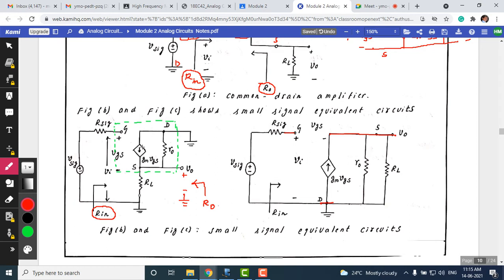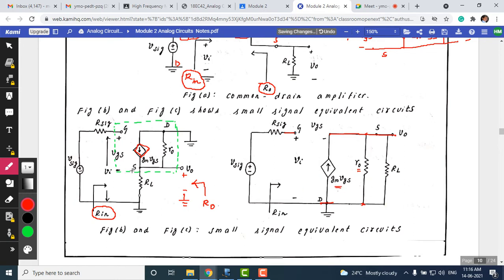Now you can see current has to go from drain to source. You can see here also in the equivalent circuit it is going from drain to source. Look at here, it's going from drain to source. Arrow mark is upward now. So this is a current source, which is this part. Next is R0, which is parallel to drain and source. As you can see here, drain is here and source is here. This is R0, and the magnitude of current is Gm times VGS.